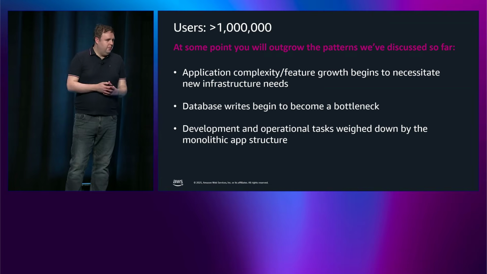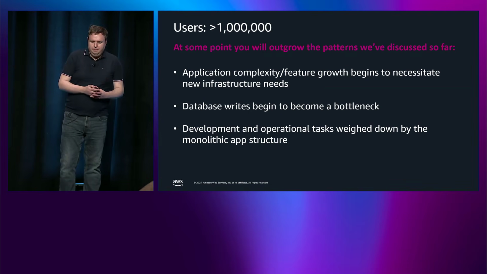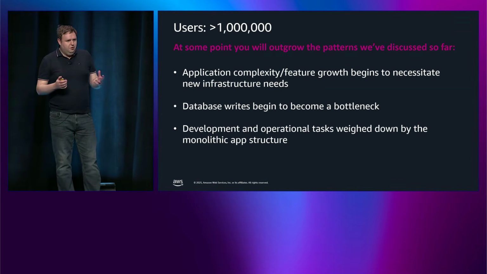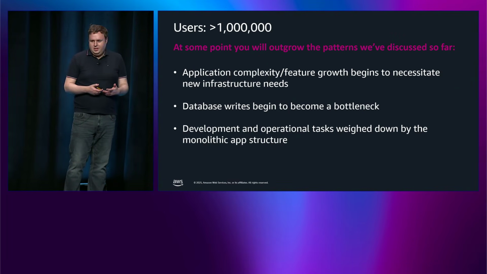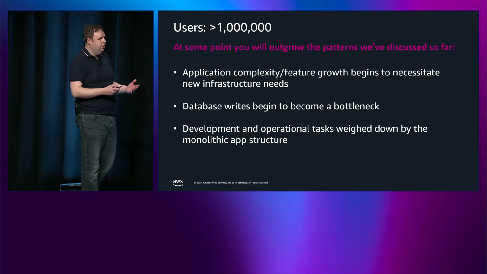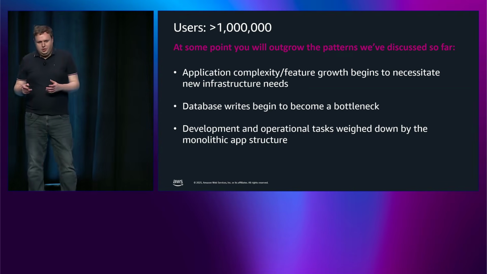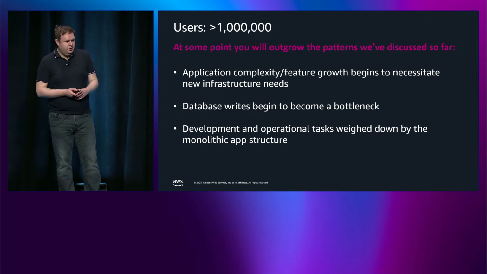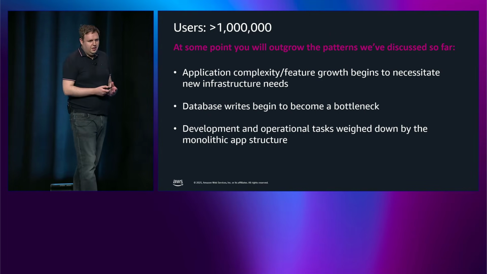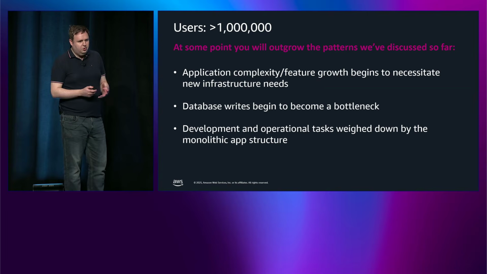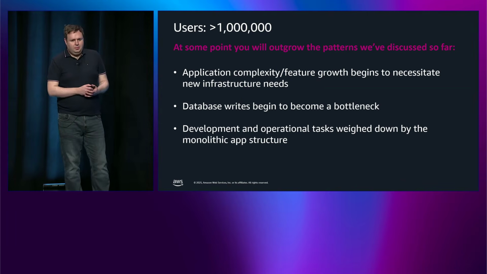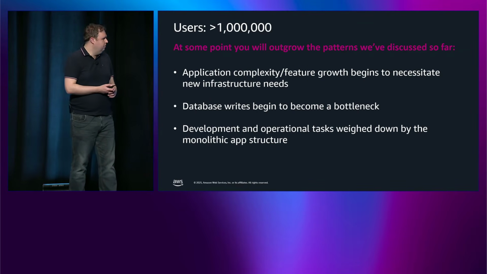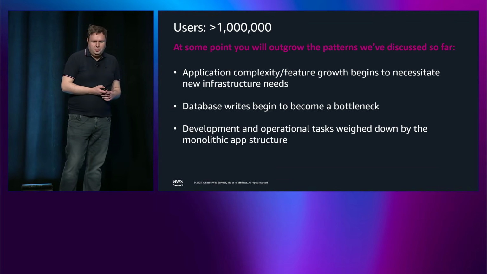So we're 10 years in, we've got about 1 million users, and it's a bit of an inflection point. Firstly, you're going to get new feature needs. Your business needs have changed. Look at Amazon.com. You've got things like personalization that have joined there that help grow your business. And with that comes new needs for infrastructure. Your beloved database, which probably got a single writer instance, is starting to become a real bottleneck and a problem for your operations. And finally, you've got a monolithic app architecture that's really bogging you down. It's becoming a massive point of failure, and it's slowing down development and operations.